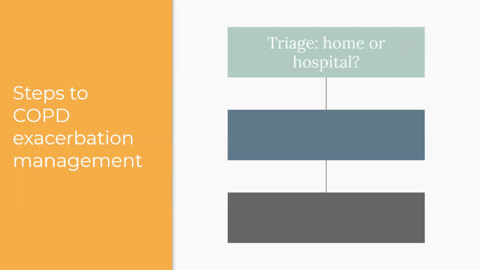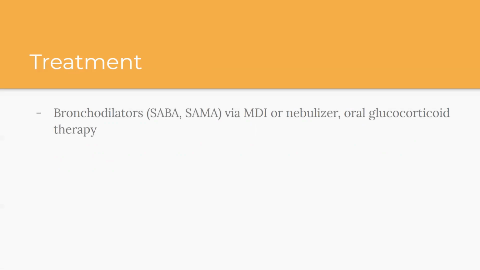After you've triaged them, the next step is antibiotics or not. So treatment: once you've established that they have a COPD exacerbation, with the increase in dyspnea, increase in sputum production, or increase in sputum purulence, you want to treat them as an exacerbation and then decide whether or not they need antibiotics. Everybody gets a bronchodilator, either a SABA or a SAMA, so a short-acting beta agonist or a short-acting muscarinic antagonist,